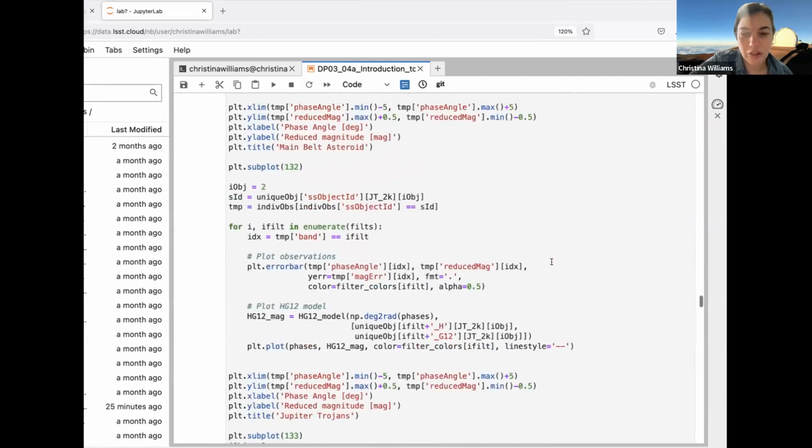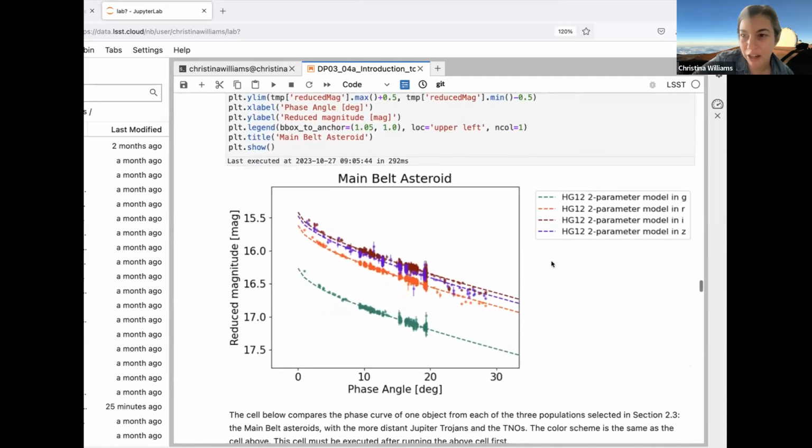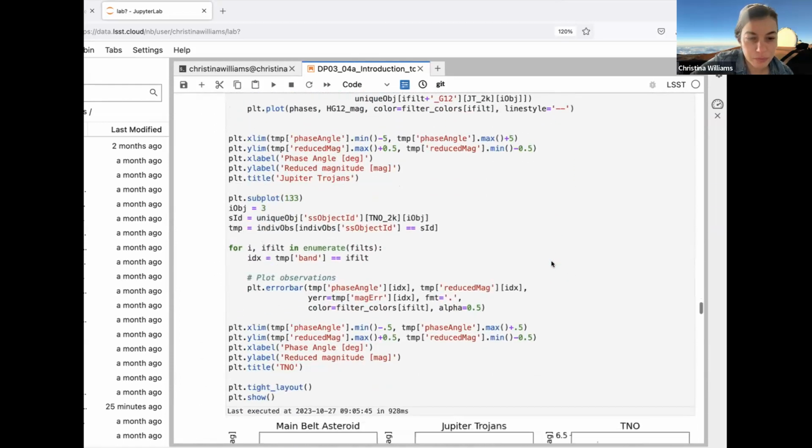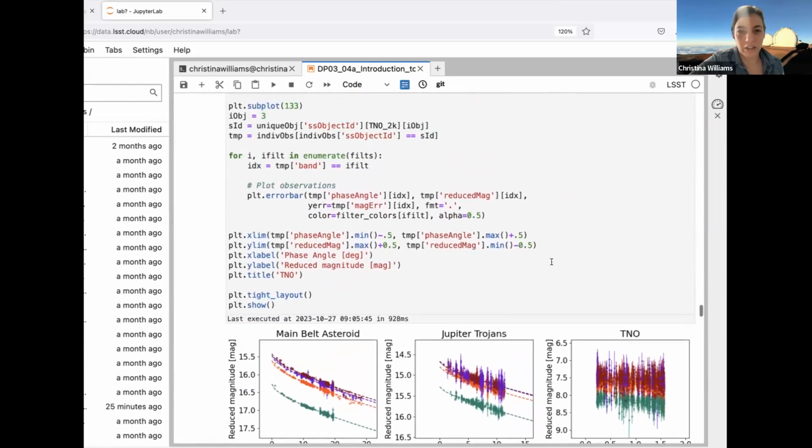Okay, so this is a main belt asteroid. Now we're going to compare the phase curves from a main belt asteroid in DP0.3 to some of the other solar system populations that are in there. So here we are just redoing this plot with the other two subpopulations that we pulled out of our search queries.